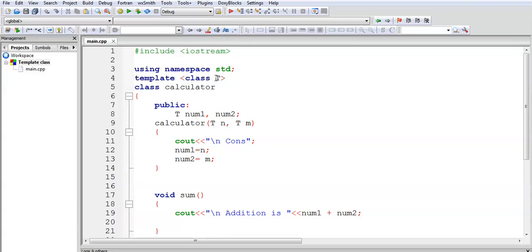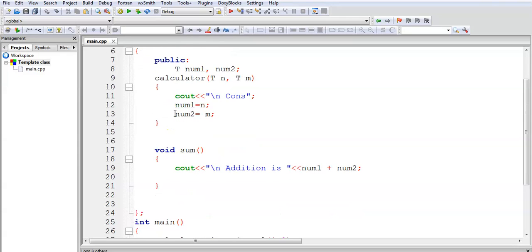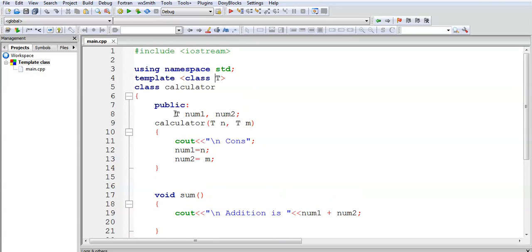Just with the help of the data coming from the constructor, it is going to define the data type of these two variables.